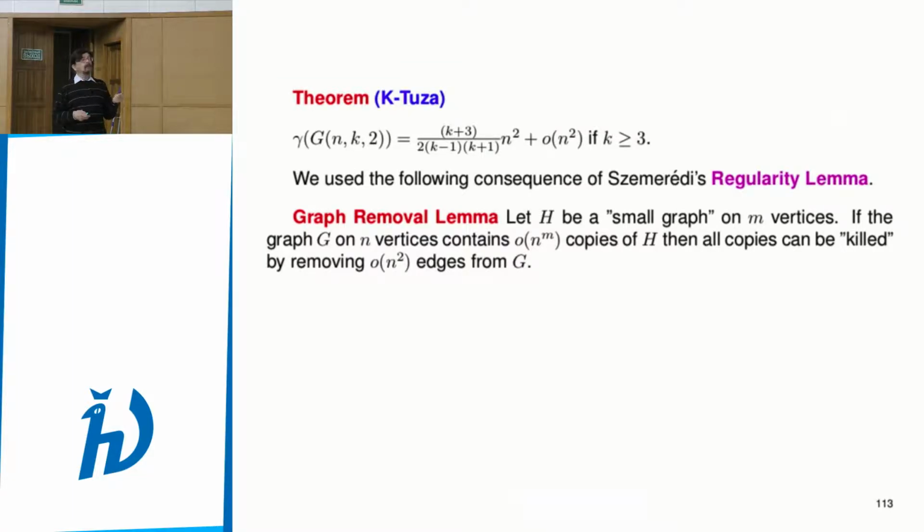But we had to use a more general theorem than the Ruzsa-Szemerédi theorem because it was only about triangles, three-element sets, and here we have something like complete K graphs. And so this is the graph removal lemma, where we have m vertices, and if the